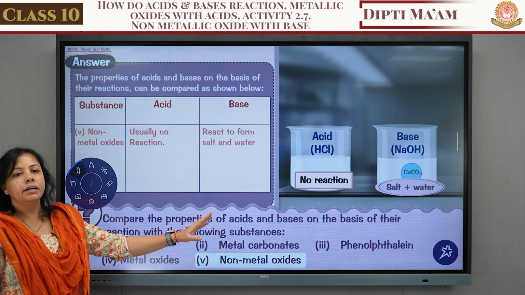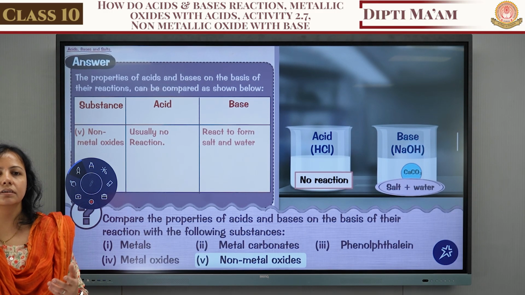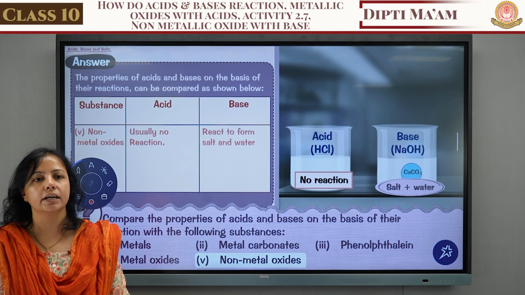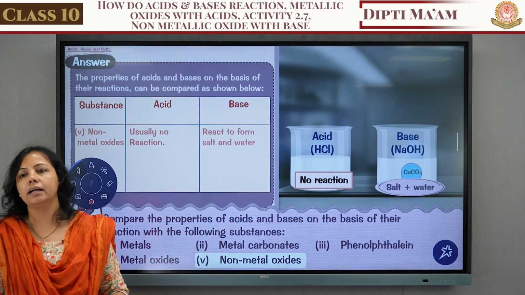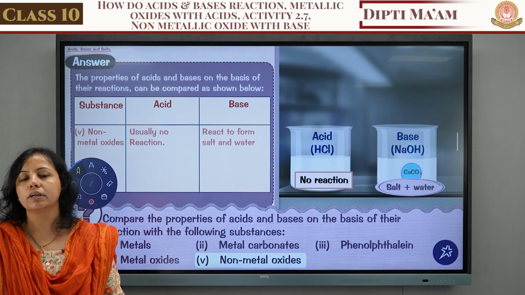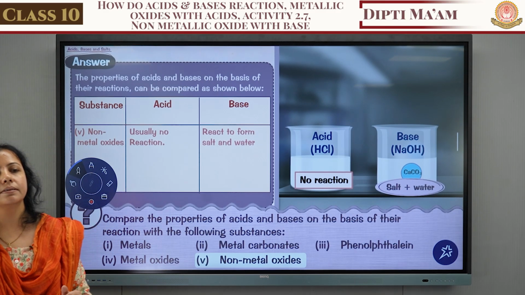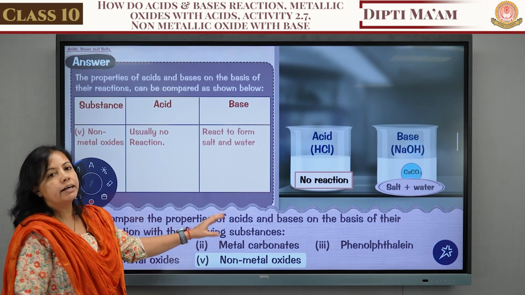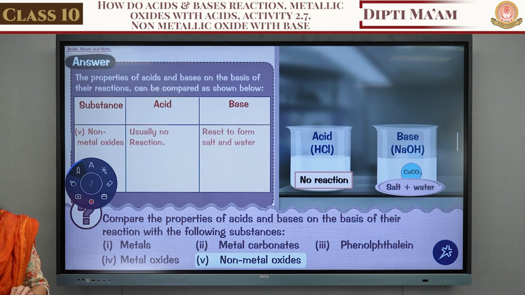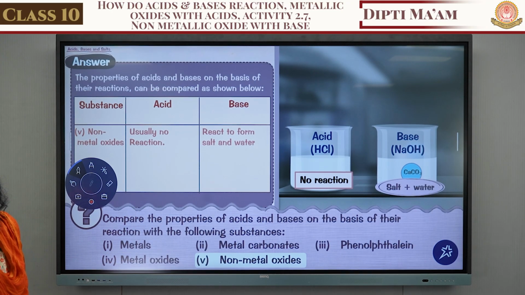Instead of phenolphthalein, the question may be given with methyl orange also. What is the effect of the acid with methyl orange? Methyl orange is a synthetic indicator. Suppose the question is what is the effect of methyl orange in acid and base? What about the acidic solution? Which color is given by methyl orange? Red. What about the base? Yellow. Very good. So the question will be changed like this. Instead of the metal carbonate, they may give some formula for the metal carbonate also. So you have to identify what answer you should write there. Okay. Now the next question.